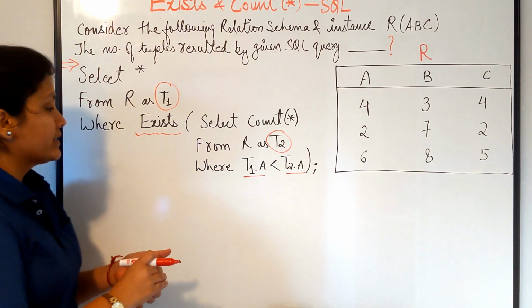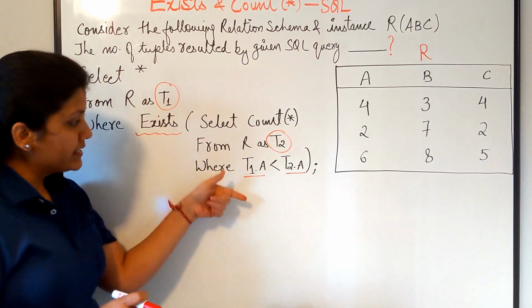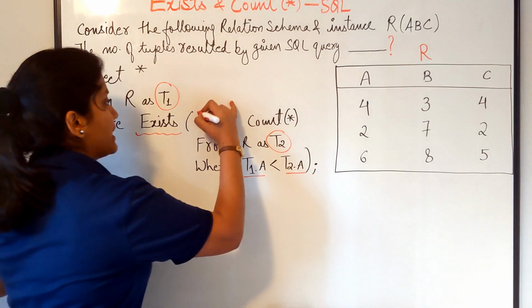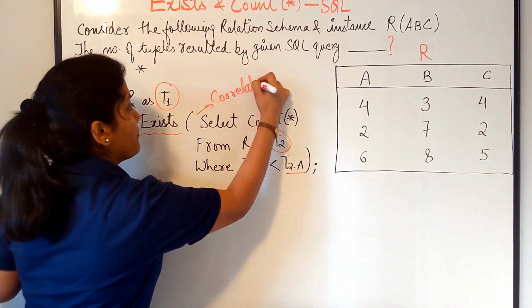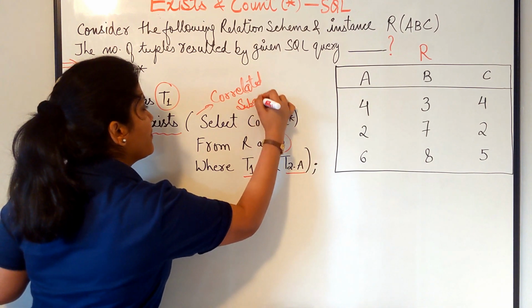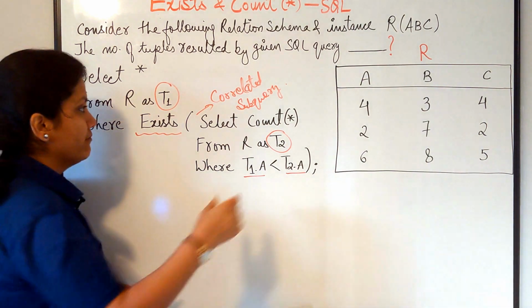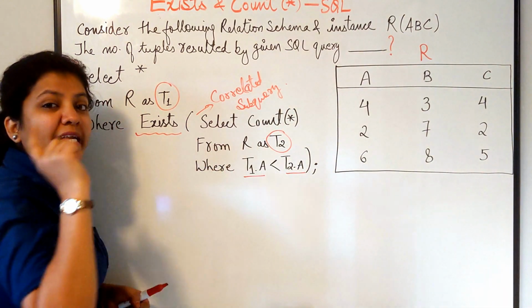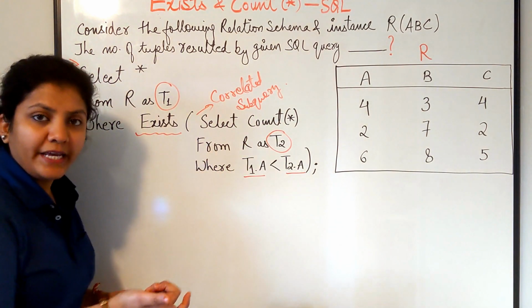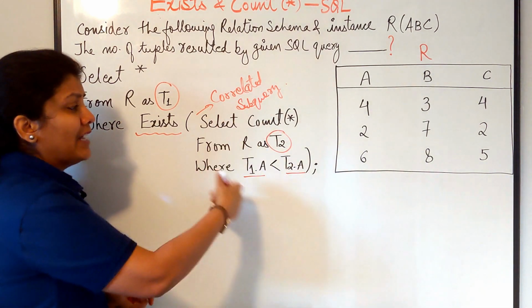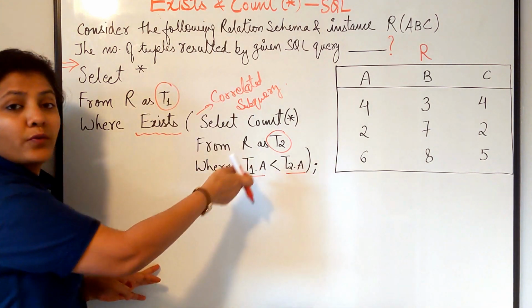Now try to understand: we are making use of the instance used in the outer query inside the inner query. That shows which type of query this is. This is a correlated subquery, which simply means that these queries are not independent. The inner query will not run independently. It will run for each tuple from the outer query, and every time the output of the subquery will depend on the tuple for which it is running.